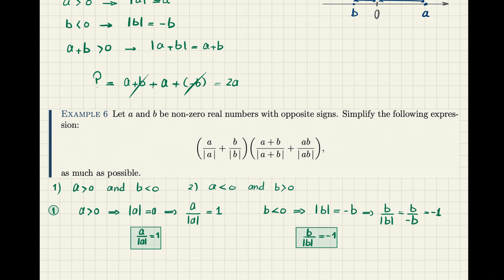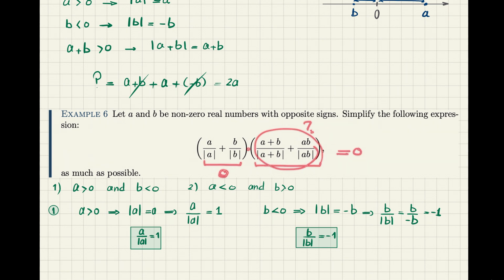Of course, let me just immediately speak about the second scenario. If A is negative, then this becomes negative 1, this becomes positive 1. So one of them becomes negative 1, the other one becomes positive 1. But the good point is that when I add them, it becomes 0. In both cases. Here, in this case, the first one is 1, the second one is minus 1. So when I add them, it becomes 0, and because that's a product, who cares about what is here? This I don't know, but we don't need to know, because this part is 0, 0 times the question mark